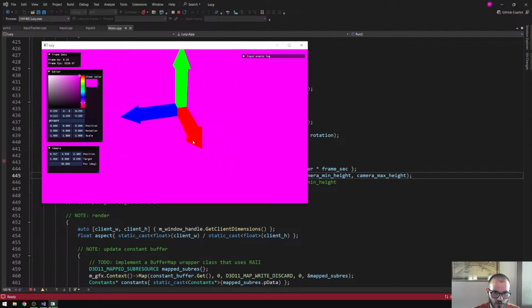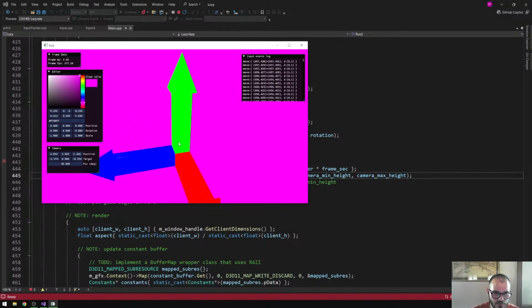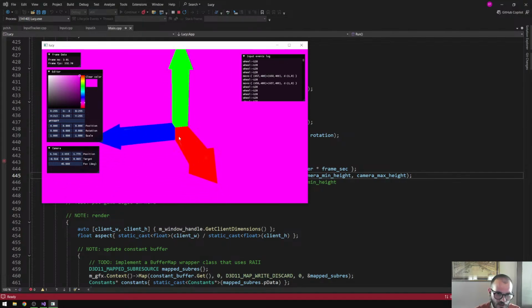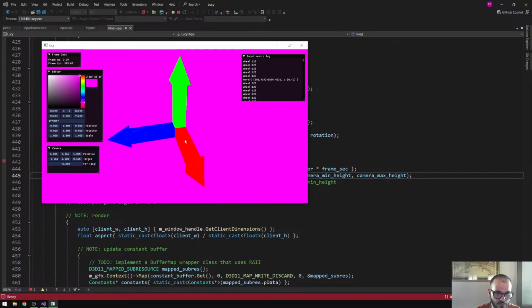Fantastic. And we were just trying to get the mouse scroll wheel to move the camera up and down. Okay. Problem is that this depends on